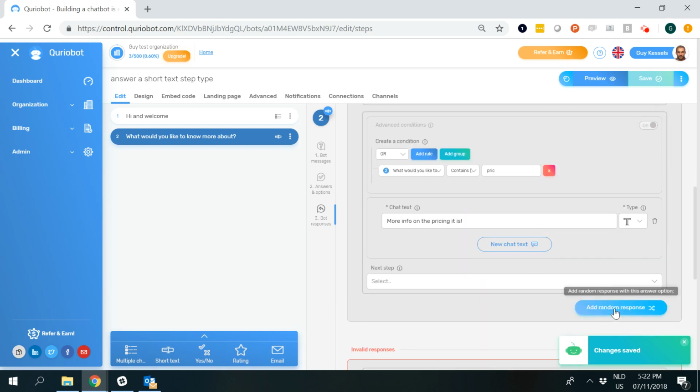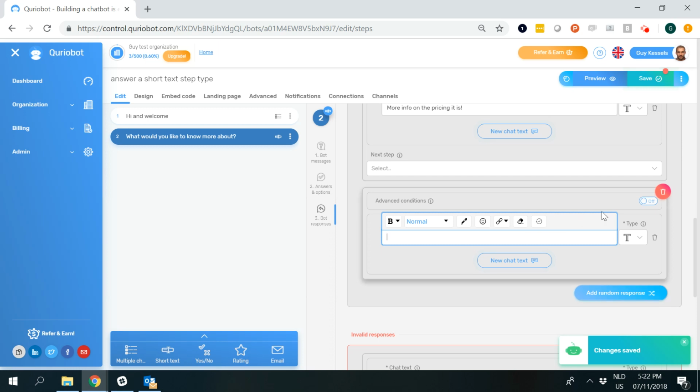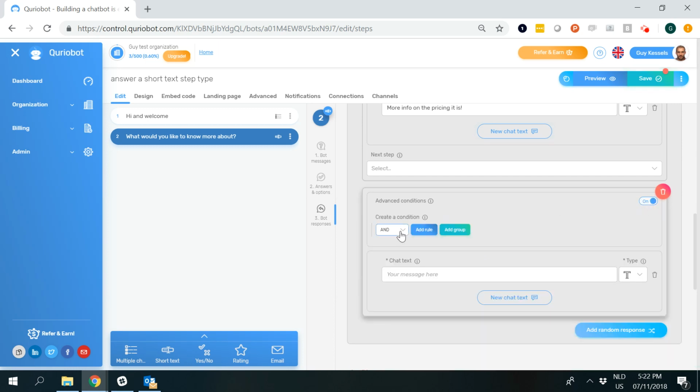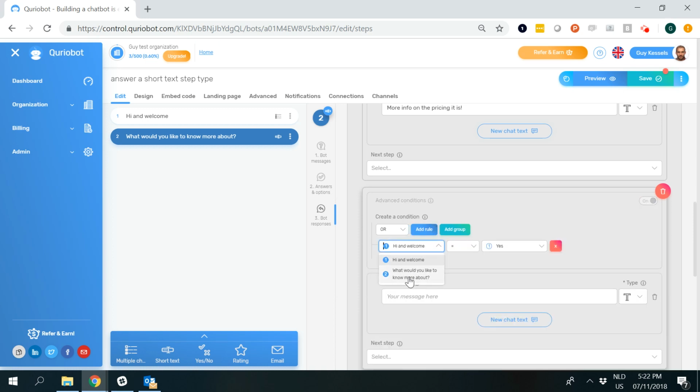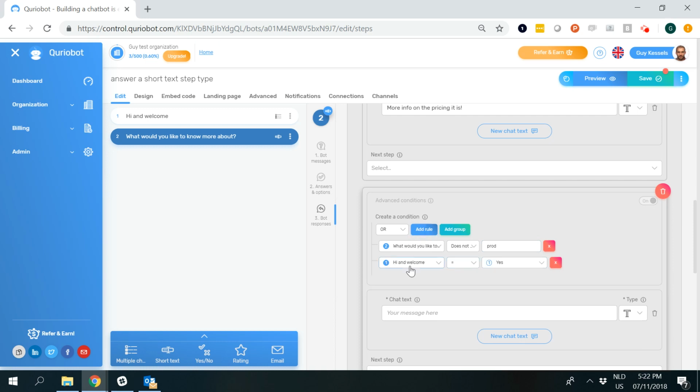And what I then often do is create a third random response. Also for this, the advanced conditions are on. It is an OR rule. It again concerns the second step type. And what I do here is that I say, for example, it does not contain PROD, and it does not contain, case insensitive, PRIC. Then the bot replies